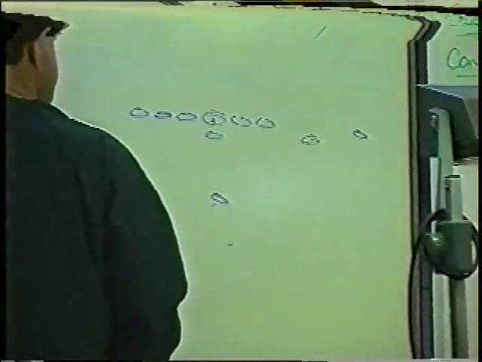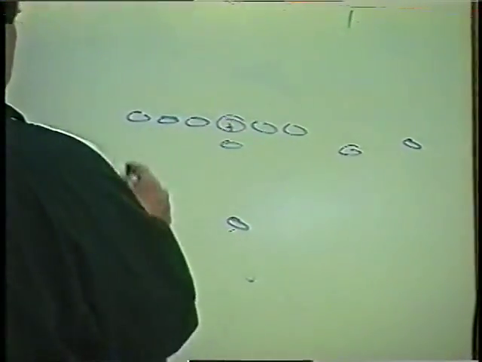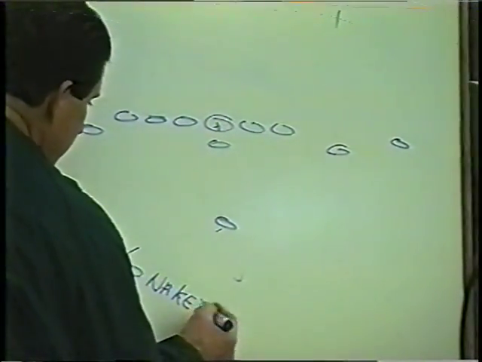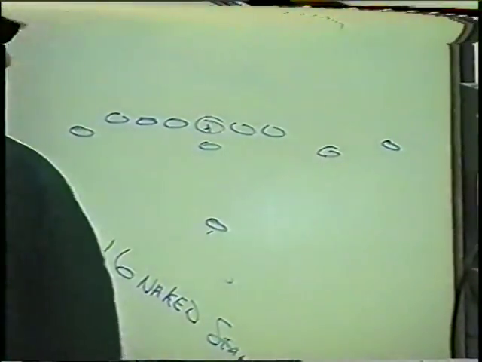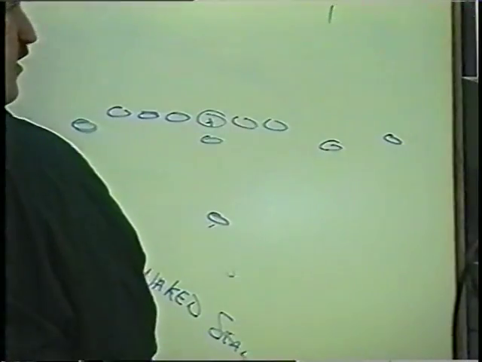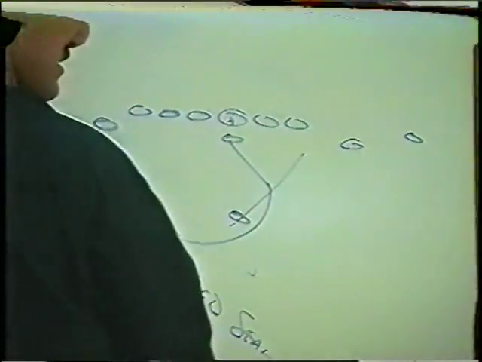Let's say we've got two tight ends in the game, and we put both our wide receivers over here. Here's the tight end. Here's how we call Nagin seal. We call 16 Nagin seal. Call Nagin seal, here's what's going to happen. He is the sealer. We are going to protect the quarterback.